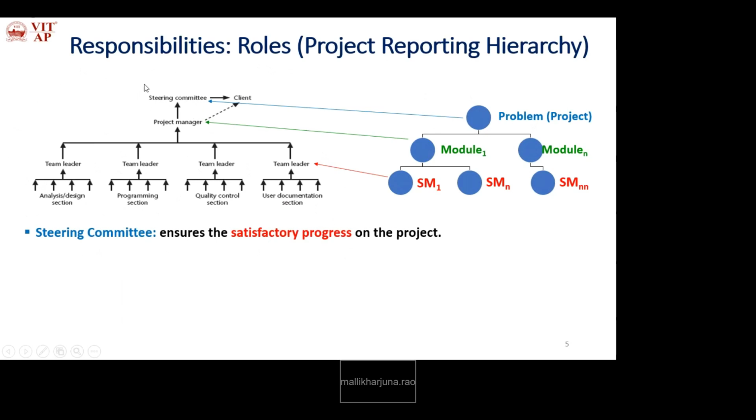As a responsible steering committee member, I have to monitor and control the whole project. What is the deadline given to finish the whole project? According to the deadline, are we delivering or not? What quality is defined, what requirements are defined, and are all the requirements effectively used or not? That is monitored by the steering committee, which ensures satisfactory progress on the whole project. The project manager takes responsibility for day-to-day activities on project products, the intermediate project products.